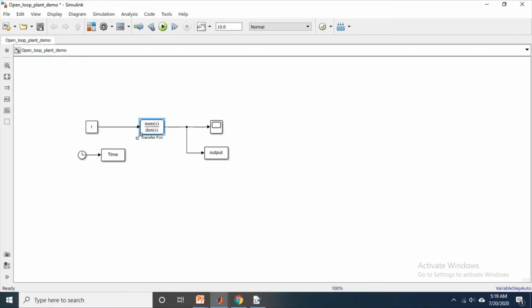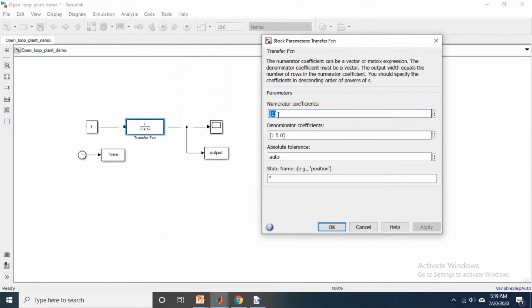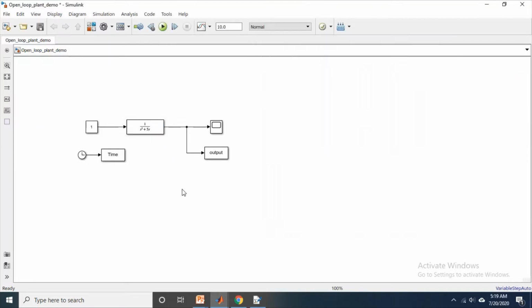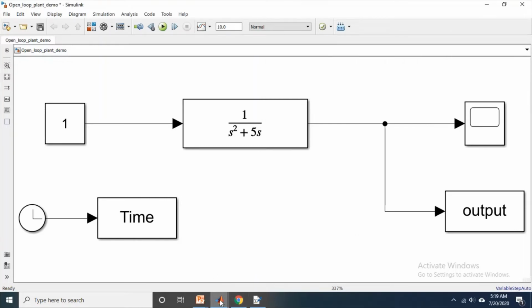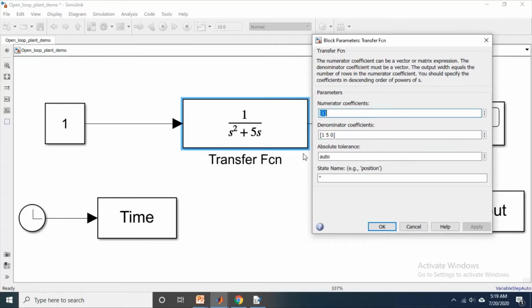So then what you have to do, to see the transfer function, is just drag this one, and it will show you the transfer function. You can see again, this 1 is the numerator, in the denominator this 1 is for the s square, and this 5 is for 5 into s, and this is 0 because there is no constant here. Again I am showing you, please listen carefully. Numerator is 1; s square, since the coefficient is 1, is 1 into s square plus 5 into s, plus 0. There is no constant here, that's why it has become 0.